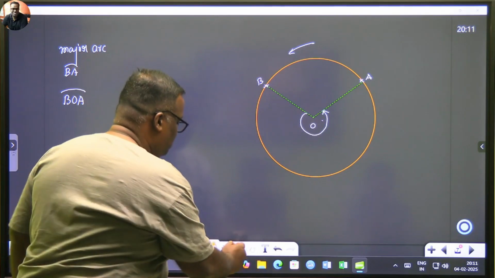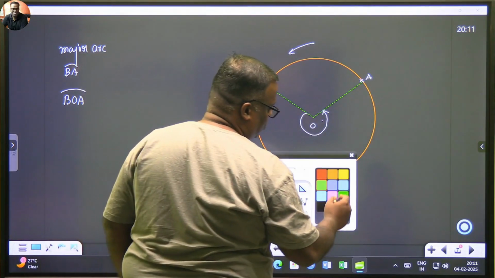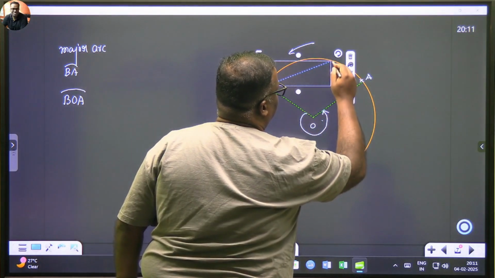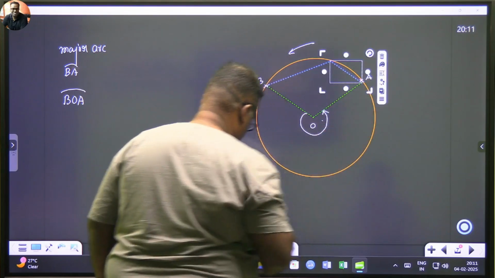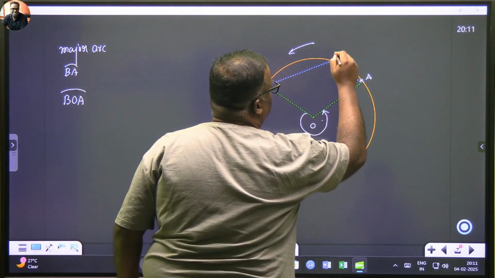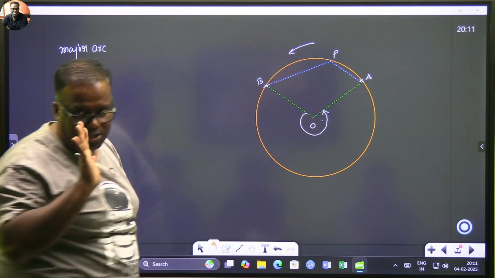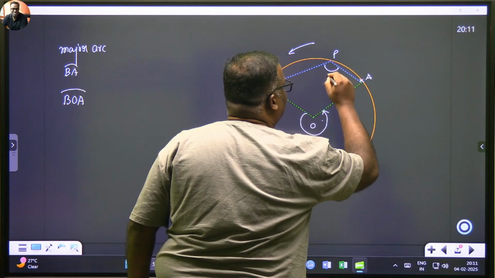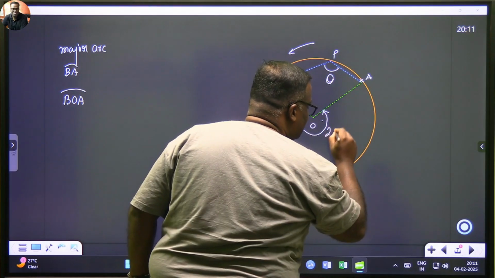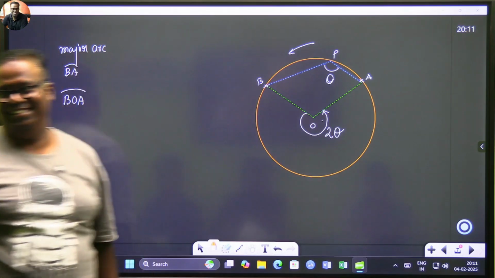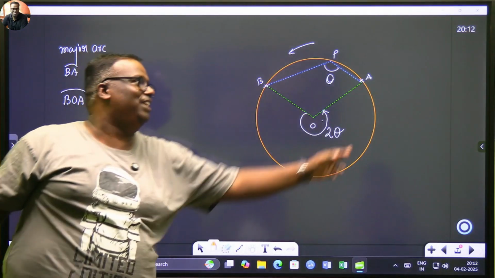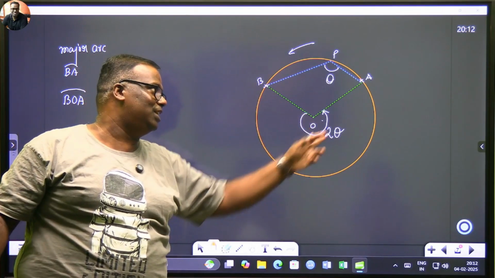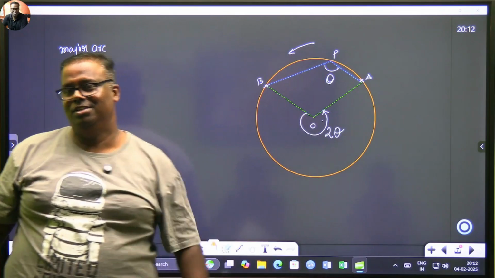So let's bring point P onto AB. Let's say this is the P point. This is any point. Have you understood till this much? Which means if this angle is theta, this is 2 theta. Angle subtended by an arc at the center is twice the angle subtended by the arc at any point on the